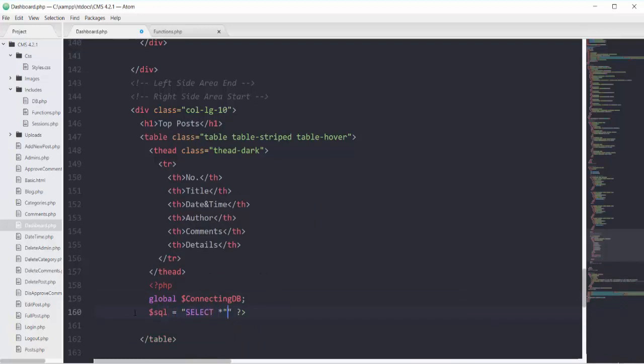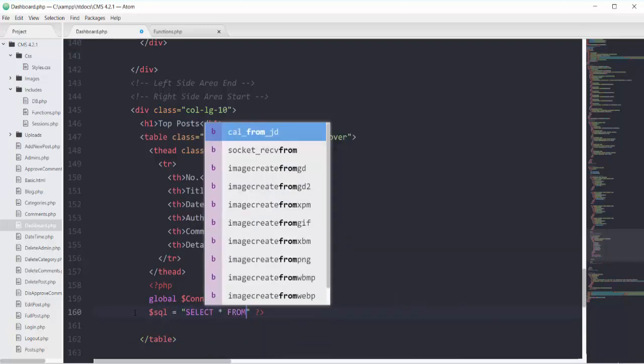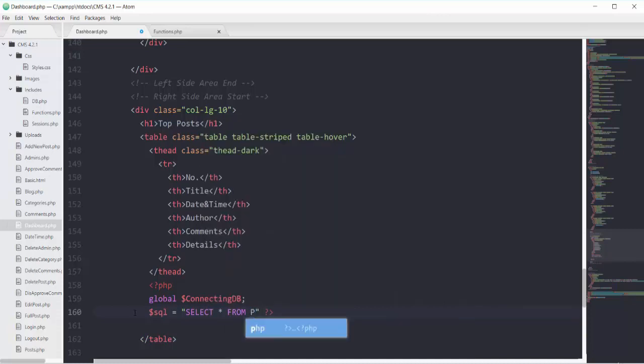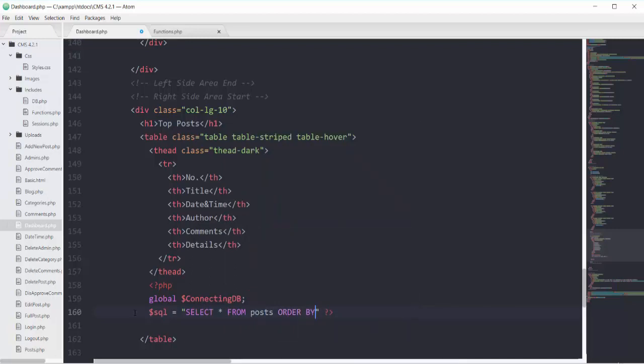So select all the columns from my table of posts and order by ID DESC, and for showing only 5 posts add the limit. So limit will be 0, 5 for showing 5 posts.